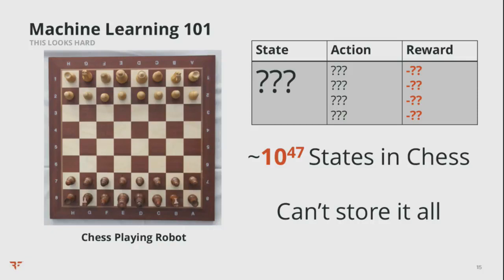So one of the key things we're going to try to do is scale down the idea. We're still going to keep the idea of choosing random actions, figuring out if it was good or bad, and recording that, but we want to scale it down so we can explore state without having to store the entire game in our computer at the same time. We have pretty beefy computers, but it can't hold all that.